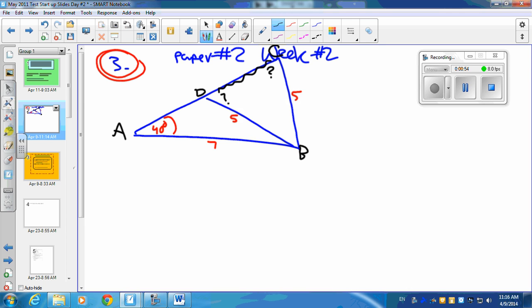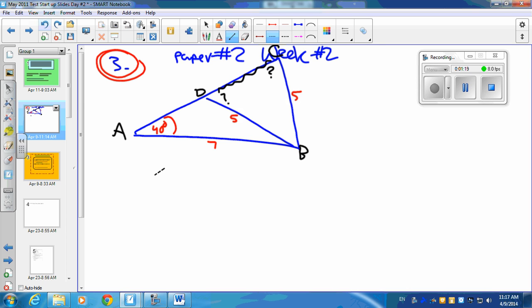So what we really need to do, actually, an alternative way, let me just say this, I don't know if we'll do it, but we could split this down the middle. If you knew this angle on this side, you could find this length and double it. That's a good method too, if you want to do it that way. But we're going to find this angle up here first. All right, so we have the